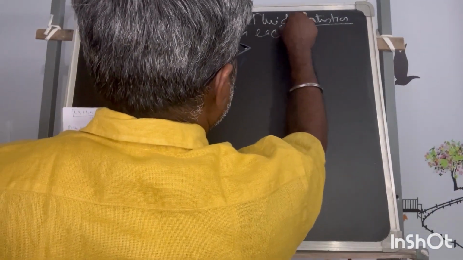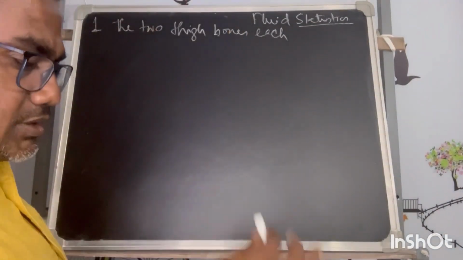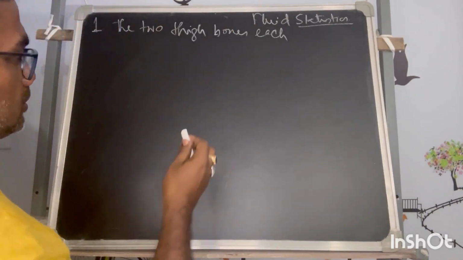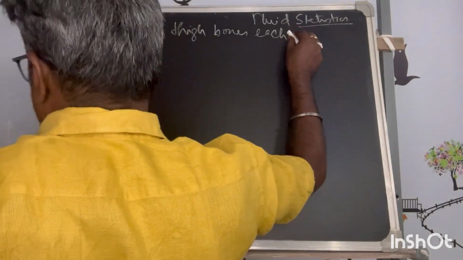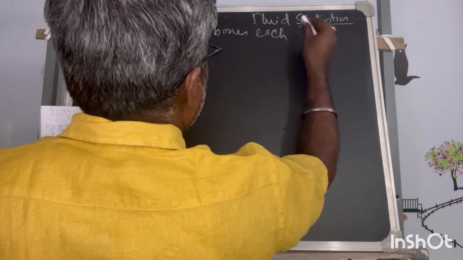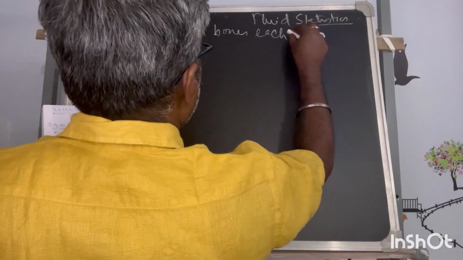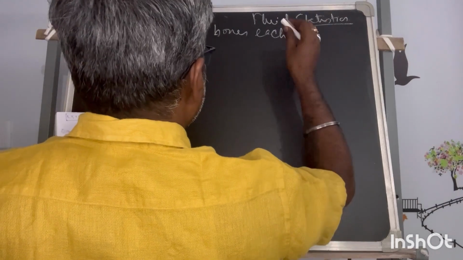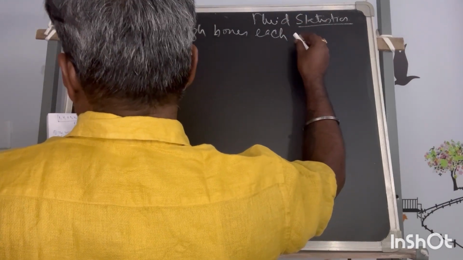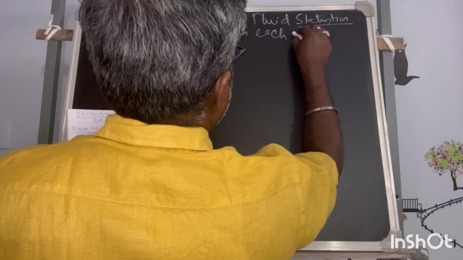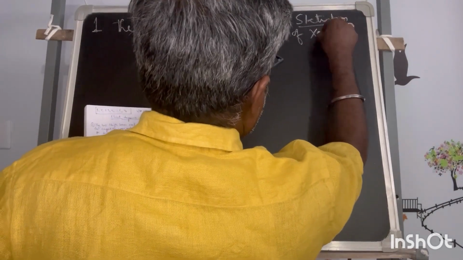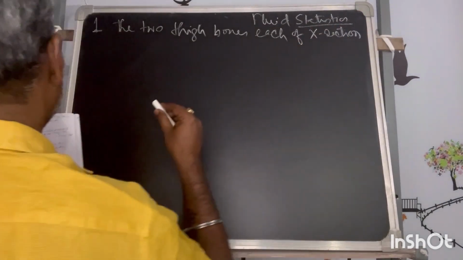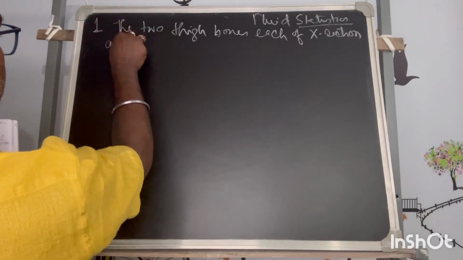If you can assume that the thigh is of cylindrical shape with uniform cross section through the thigh, that is the assumption, but in reality it is not like that. Anyhow, for the sake of the sum, we are assuming that the thigh bones are of uniform cross section, each of cross section area